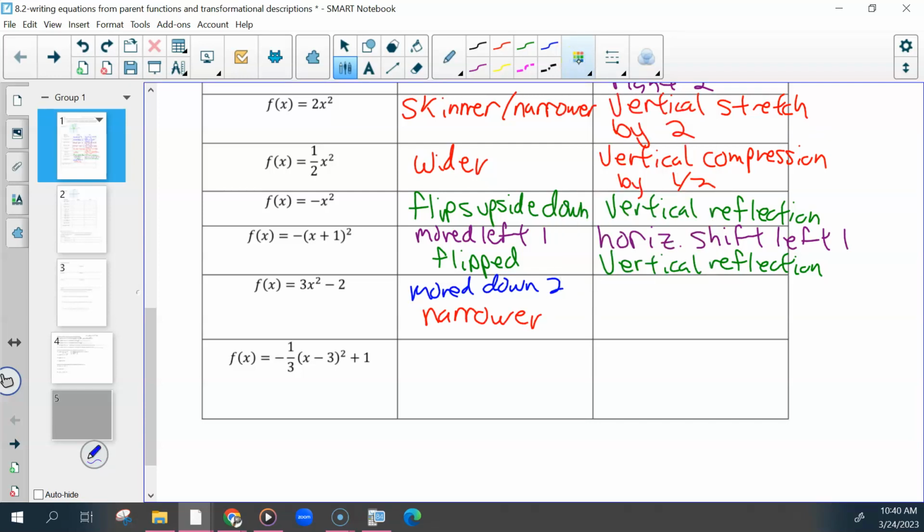So for the move down 2, how would we write that rule? Vertical shift down 2. And then if it got narrower, what did it do? What happened to it? Yes. But not by 2, by